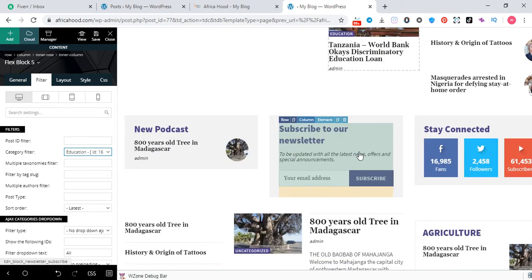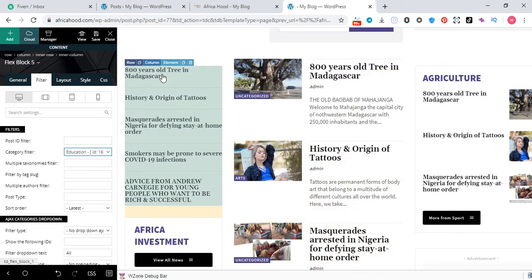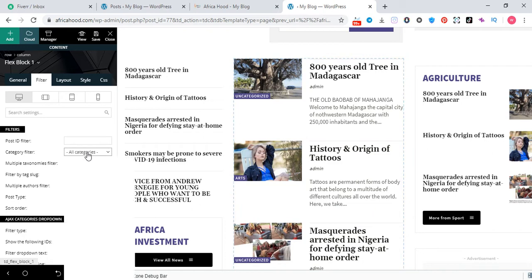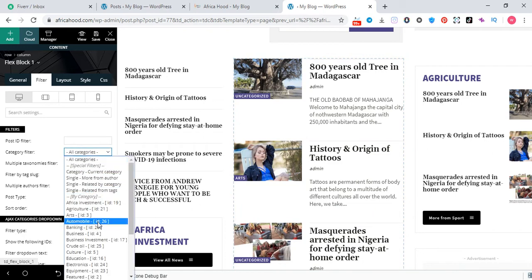Okay, so now we are going to this section. In this section we are going to assign posts related to automobile.